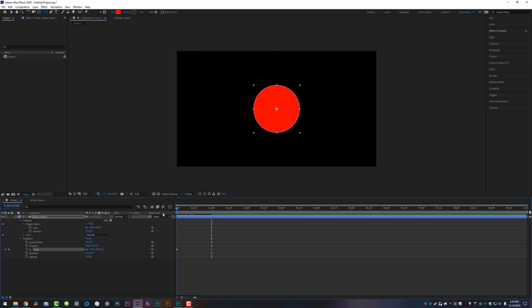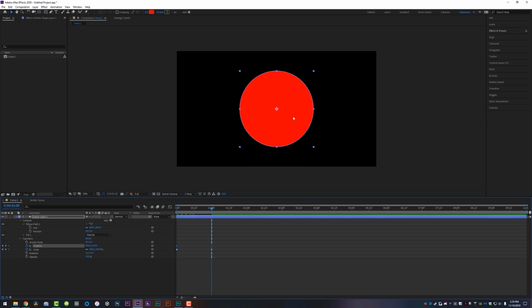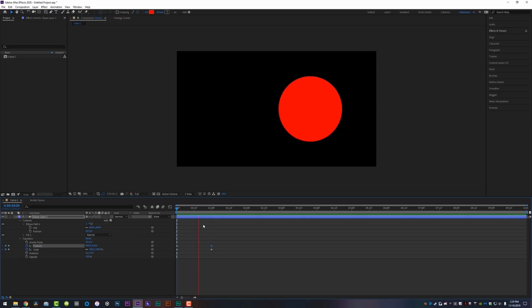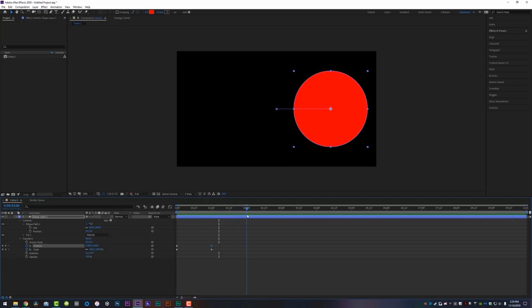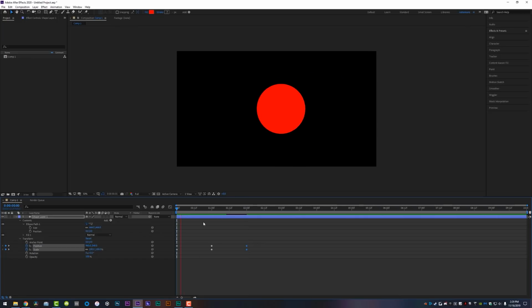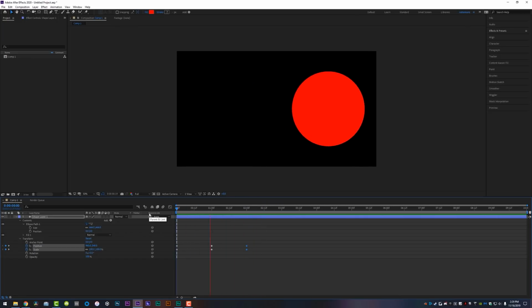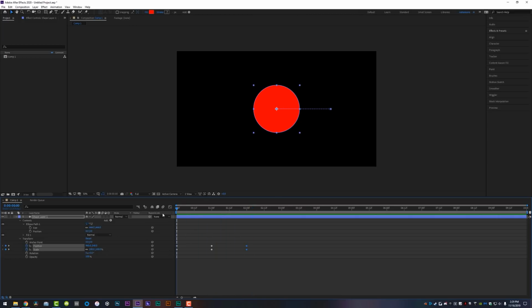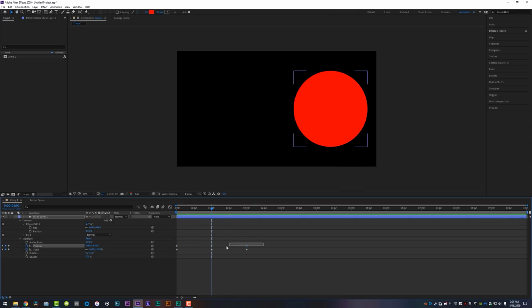So I'm going to go back to the very beginning, set a position keyframe, Alt-P, look at how easy that is, come over here, and now we're going to move it over to the right. Nice, simple animation. And then after 1 second, I want it to go back to 2 seconds, and now I want to have it go back to the starting place. Now, if you watch this, and you feel like, hey, that's a little bit slow for me, I don't really think that I like that speed, did you know that you can grab all of your keyframes